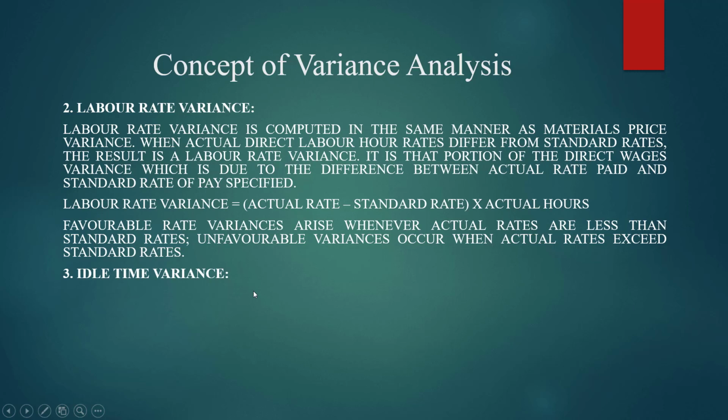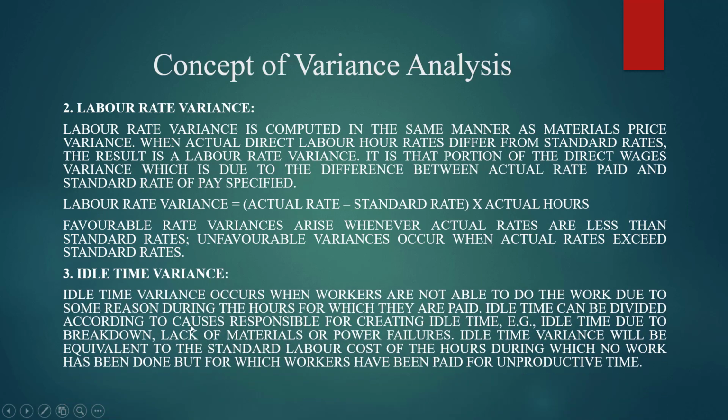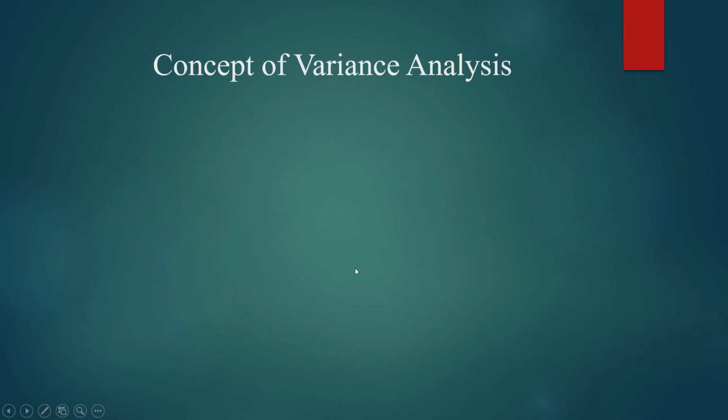And idle time variance is not always fixed. It is uncertain, right? You don't know whether electricity will be there or not, whether the machine will break down or not. You don't know. So in that case, purposely the workers don't do those things. It is uncertain, and if those things happen, then the time is known as idle time. I have given the explanation of this one and I have already explained to you. You can go through this.